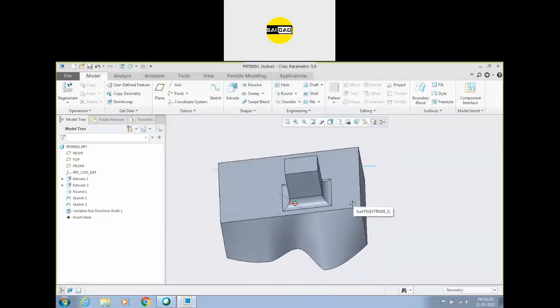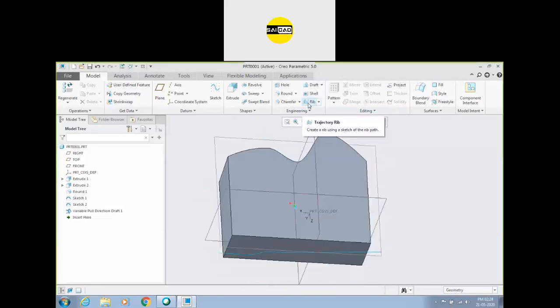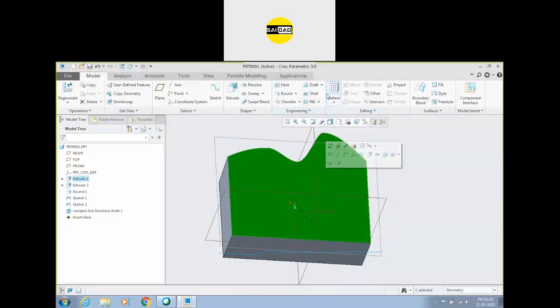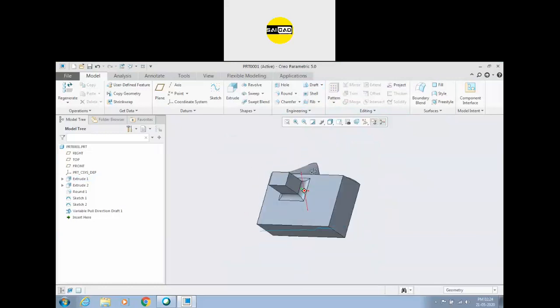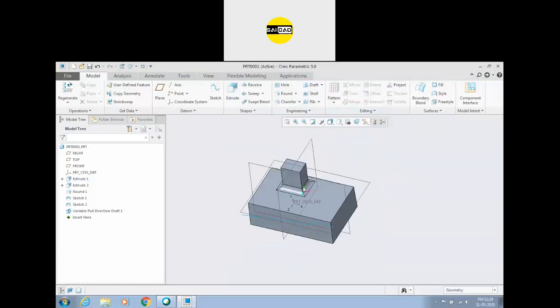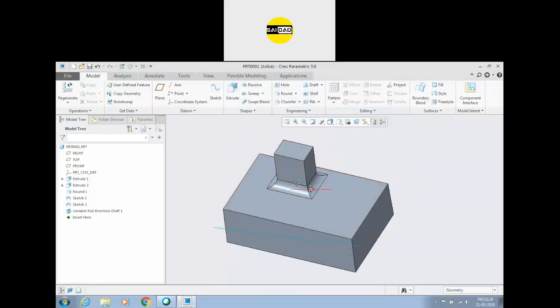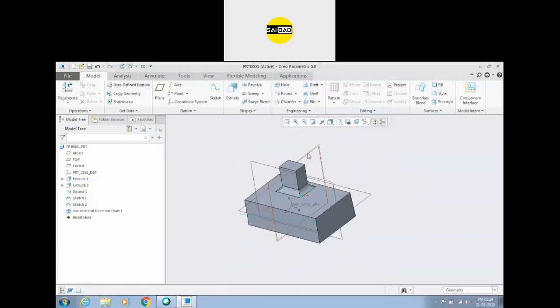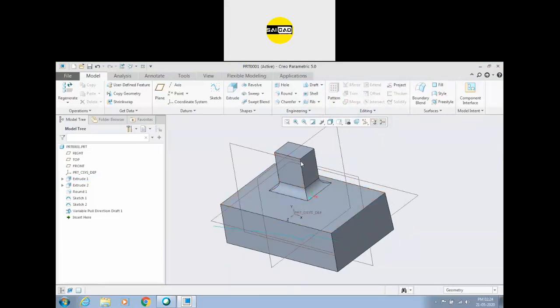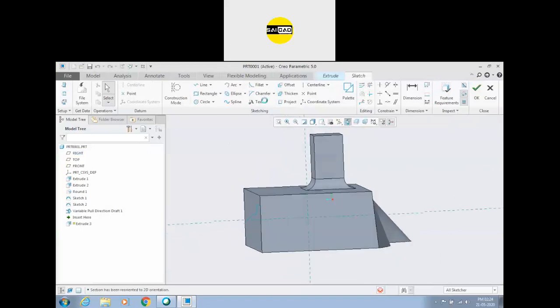So after that we are left with one option, that is the rib command. Basically the rib command is used to provide the supports. Okay, suppose I want to provide a support to this structure. To do that, we can just create a shape here by the extrude command.